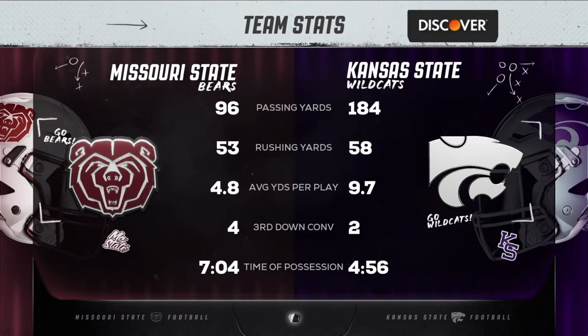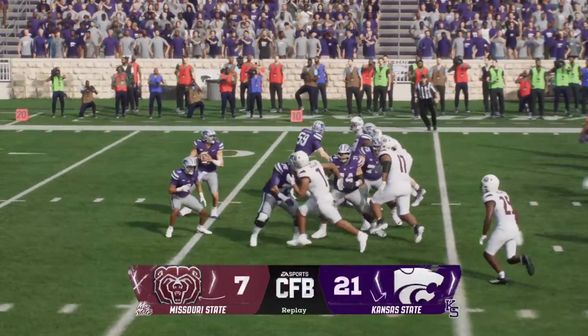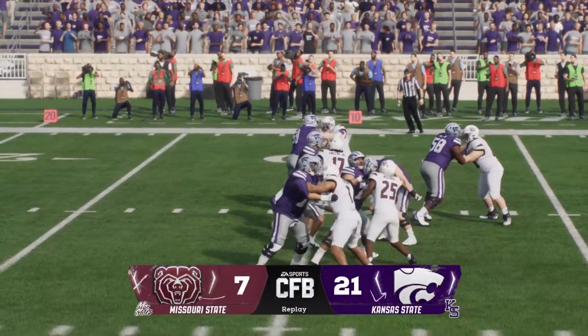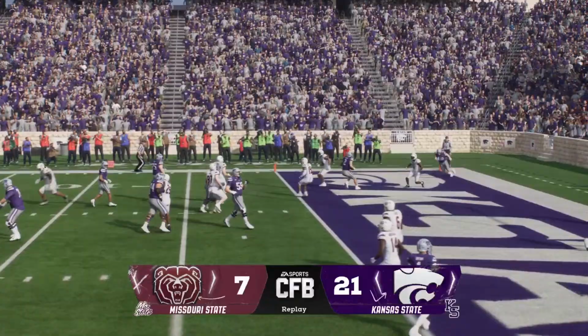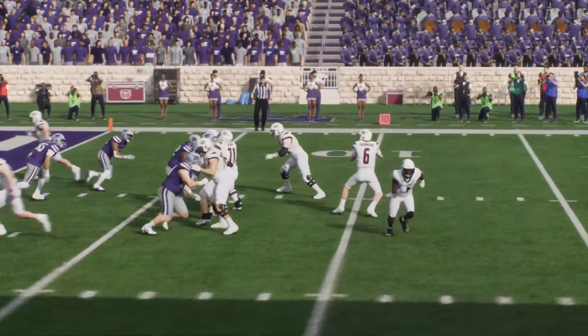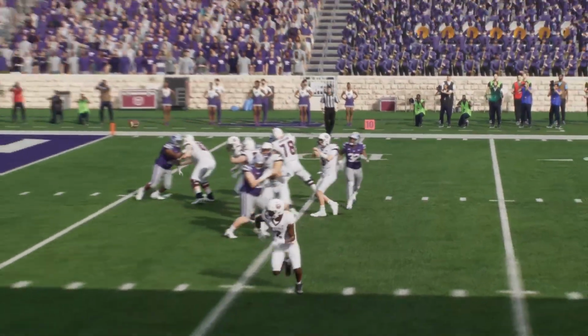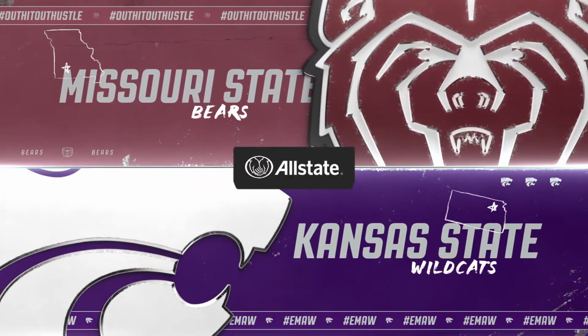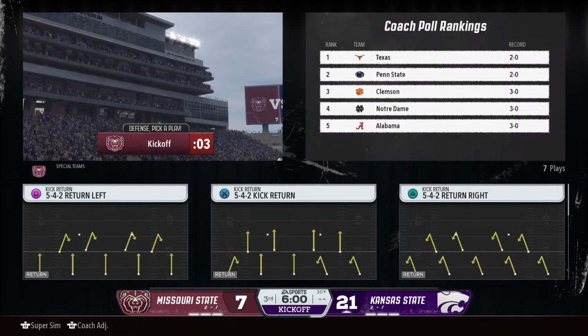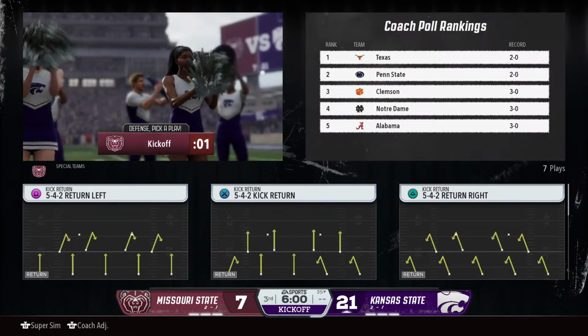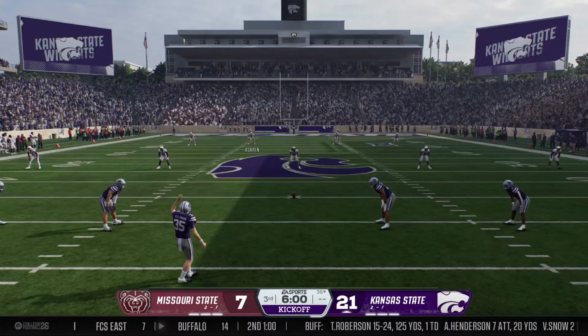Men, it should come as no surprise that we have ourselves a fun matchup in Manhattan. And a lot of coaches will say limiting the big plays and maybe hitting on a few yourself is key. But I'm more of a move the chains guy. Give me efficiency every day of the week and twice on Saturday. The offensive unit that subscribes to the less is more philosophy might be the one that leaves here today with a big fat W. And with that, let's send it back to the guys inside Bill Snyder Family Stadium.